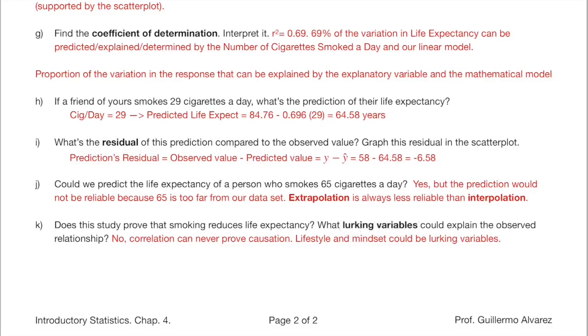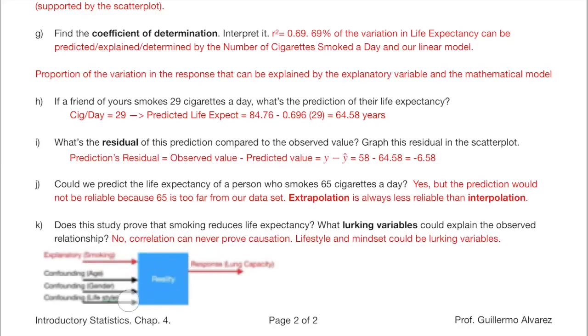The second question introduces the concept of lurking variable. For many authors, it's just a synonym of confounding variable, which we also saw in Chapter 1. Interestingly enough, they tend to introduce them in different moments. They usually speak of confounding variables in the context of experiments, and lurking variables in the context of correlation. It seems to me that it is more common to call confounding variables, or confounders, those variables that operate over the response together with the explanatory.